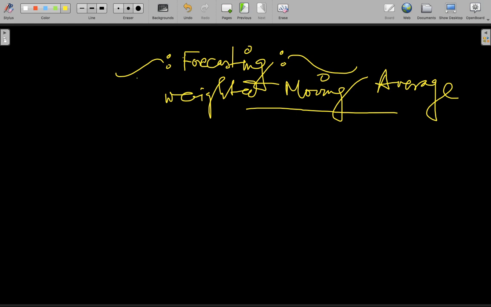In the previous lectures we spoke about the simple moving average method, where all the different observations had equal weights. But it is not necessary that all past period observations have equal weights, because it is likely that the most recent period observation is going to have a higher weight than the previous observations, and that is why this concept is important. So what we do here is assign different weights to the different observations, right?